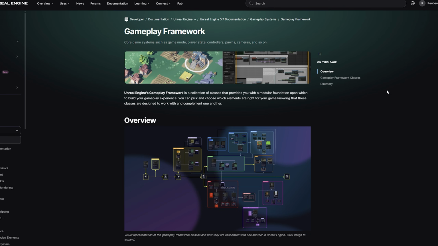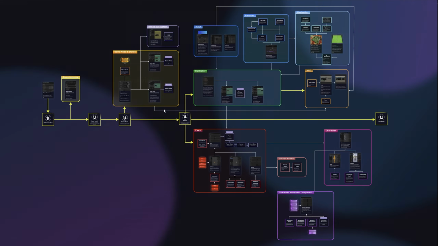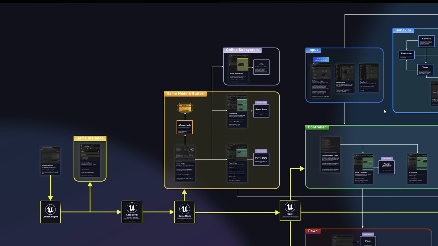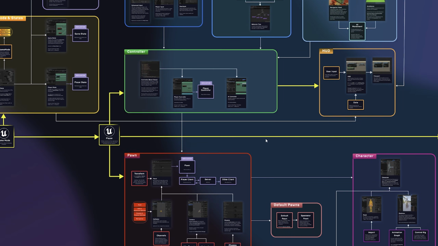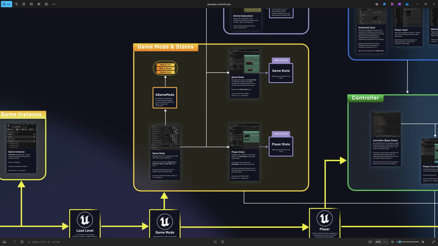At a bare minimum, you really want to learn how the Unreal Engine framework is laid out. This page on the Unreal Engine website does a great job of showing you how everything is laid out, and from there, we're going to show you how we've built off of that to create Pro. The more you learn Pro's framework, the more you will be rewarded. Too often we see people remaking features that Pro already handles. Let's begin with the game mode and game states and show you how Narrative Pro extends this piece of the